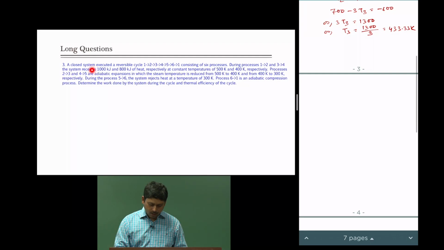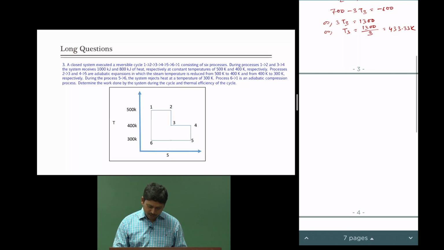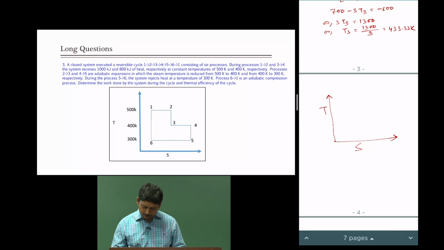So, next question. A closed system executed a reversible cycle 1, 2, 3, 4, 5, 6, just like it is shown here: 1 to 2, 2 to 3, 3 to 4. So, it is like a TS diagram: 1 to 2, 2 to 3, 3 to 4, 4 to 5 and 5 to 6 and going back to 1,